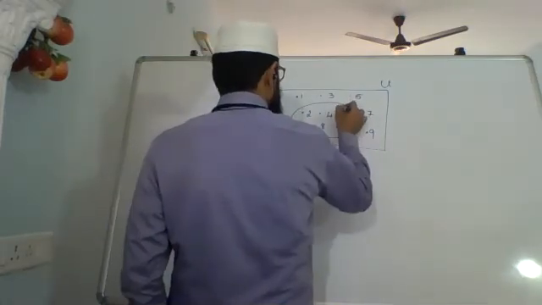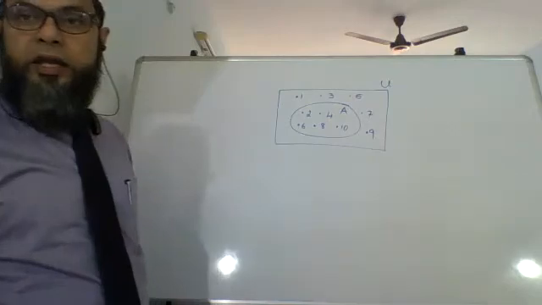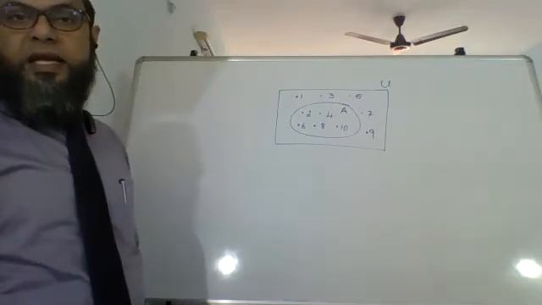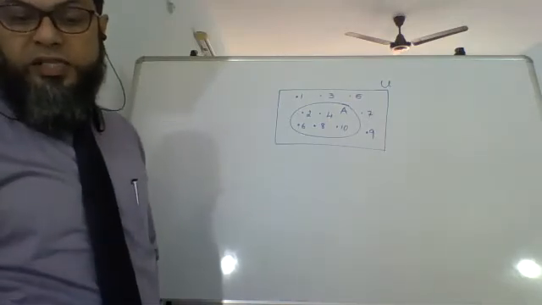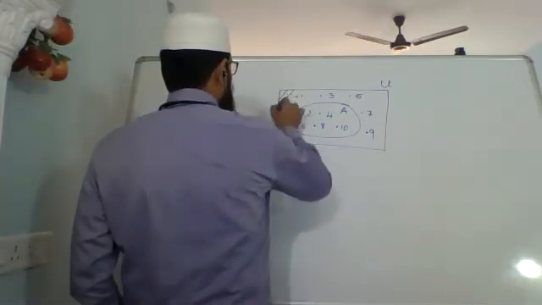Now if this is set A, okay, 2 4 6 8, that is your even numbers. If this is set A, then all of this which is part of universal